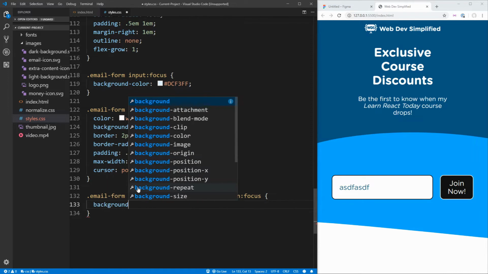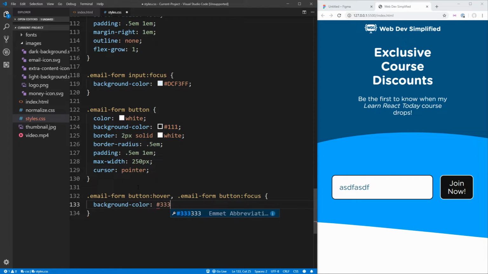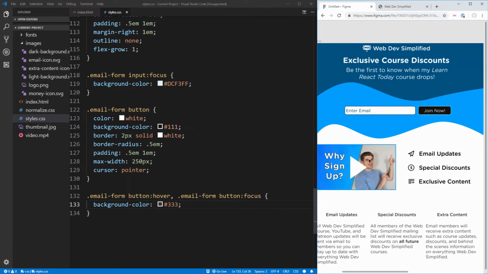So we're going to come in here, we're going to say the background color, we're just going to make it 333, which is just a lighter gray color, and when we hover over that, it makes it very obvious to the user that this button is clickable and hoverable. Now with that header section completely done, it's time to move on to the main content of our page,